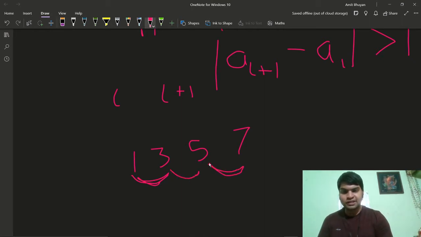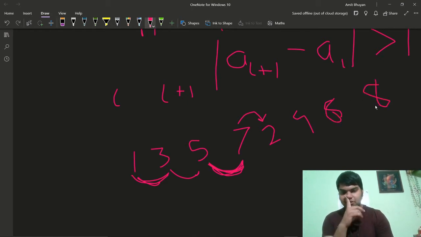This is the possibility we can consider. Now if we are at 7, we can again print 2, then 4, then 6, then 8. This will continue on and on.